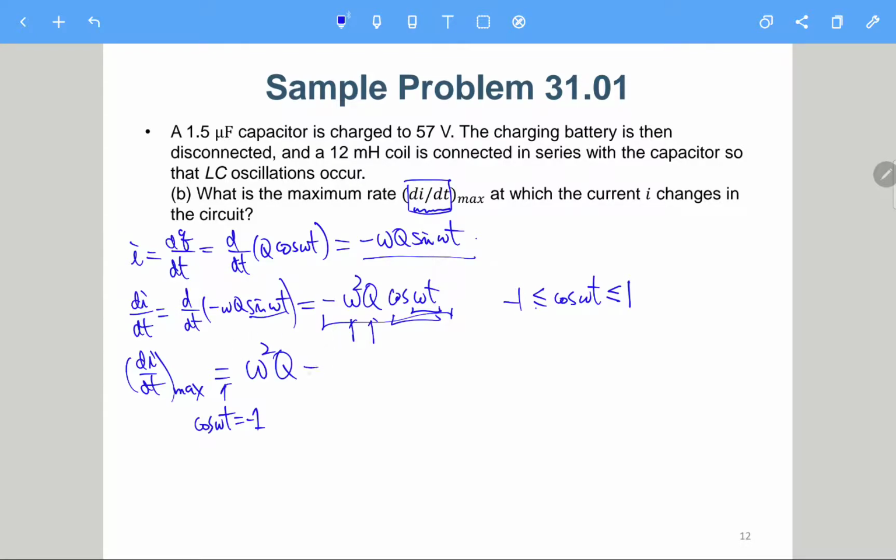Yeah, so this is 1 over LC and then times Q is CV. Of course, omega is 1 over square root of LC, so take the square will be 1 over LC. So times Q equals CV. So we have V over L. So it is 57 over